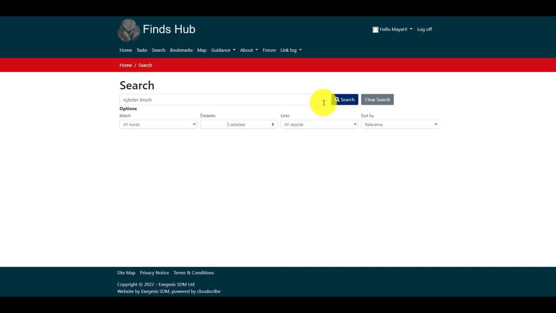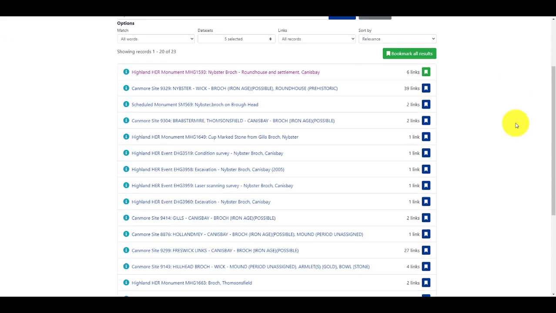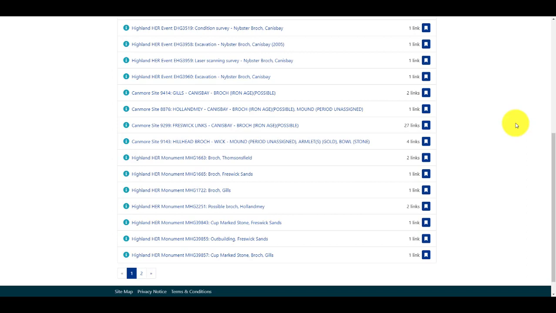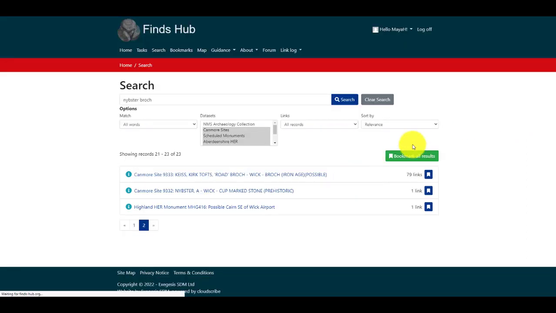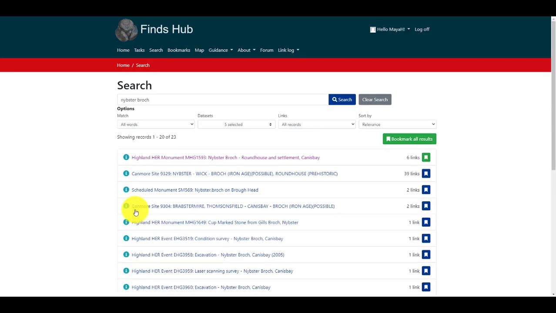Once you have entered your search term and chosen your search options, you are ready to click on the search button. This will produce a list of potential discovery sites to link your object record to. In an ideal world, your search will identify only a handful of possible site records to link to. If the search produces no sites or too many sites, you can go back to your object record and